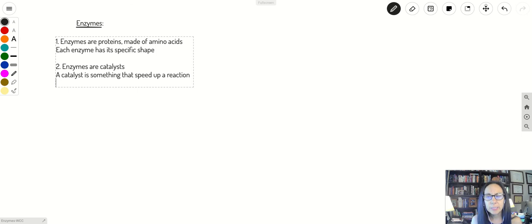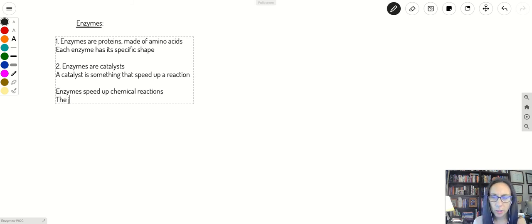And the reaction that we're talking about is a chemical reaction. Okay, so enzymes speed up chemical reactions. The job of an enzyme is to actually do the chemical reaction, and they speed it up. Okay, so the function of an enzyme is to do or facilitate